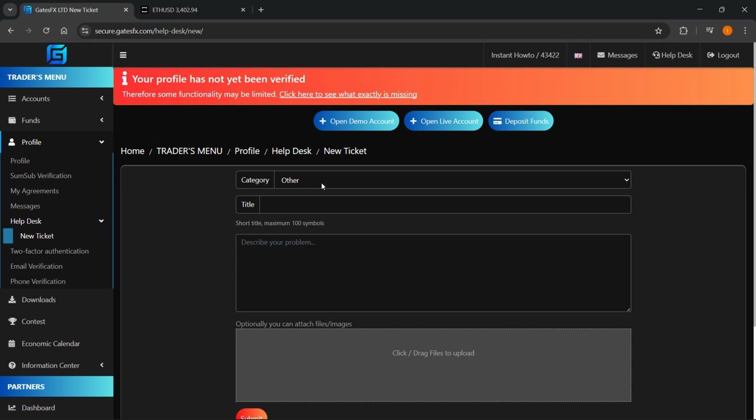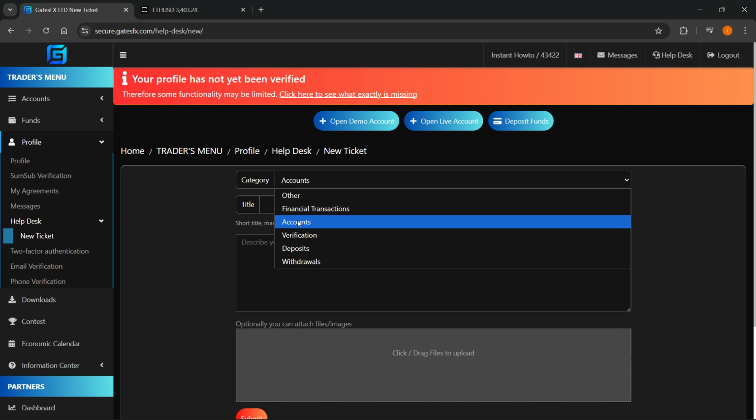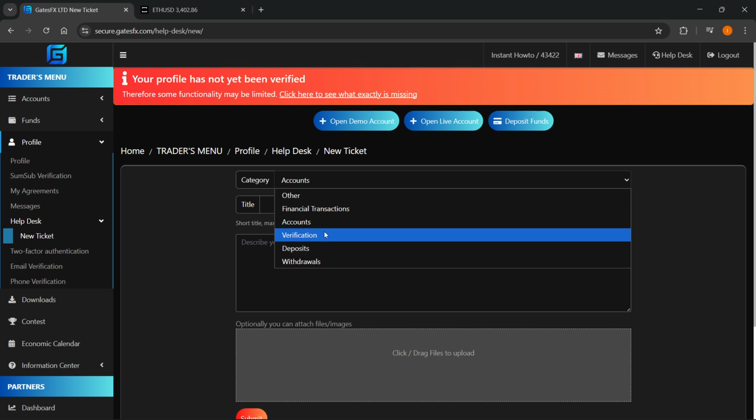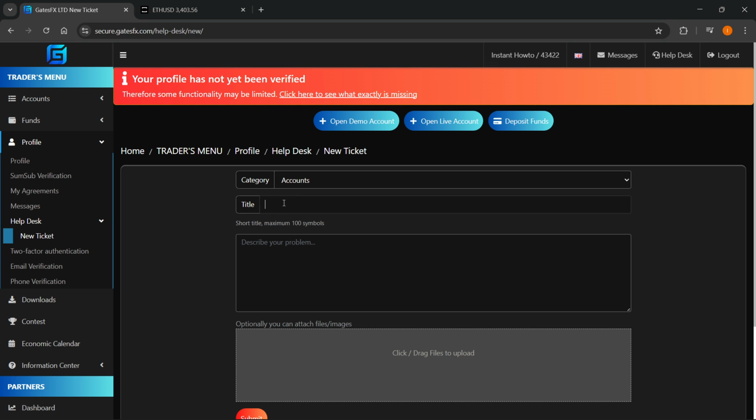And then here you can basically select the category, which should be accounts over here. Of course, if it's more relevant to select anything else, in case you can see it, you can select that as well. And then the title over here, just type in something like account closure or something like that. And then where it says describe your problem, you want to type in I want to delete my GatesFX account